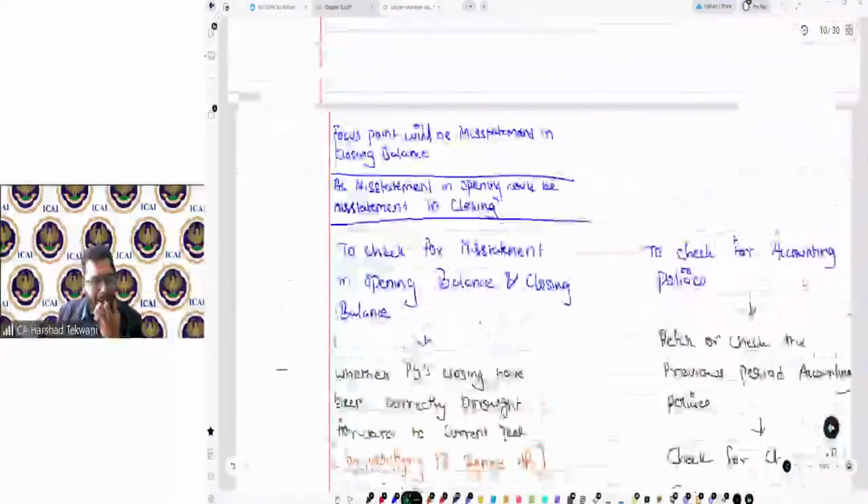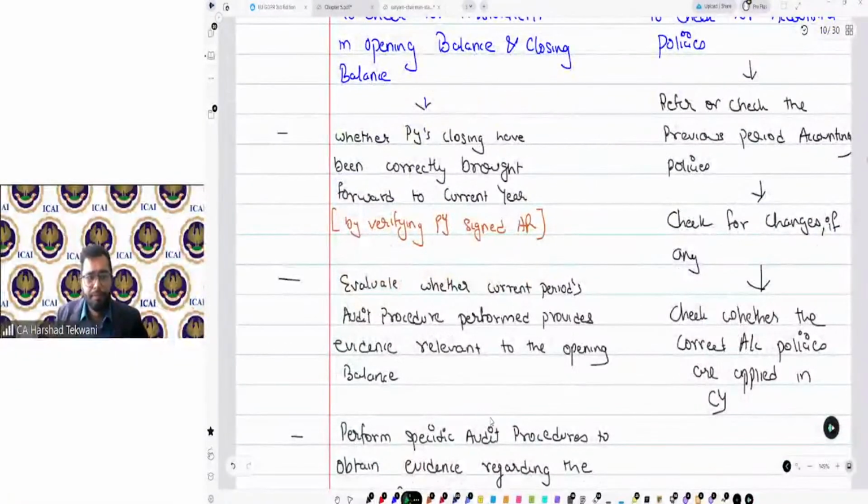So this is how we can go through and check whether the misstatements are present or not. I'll show you one example if I have. Just let me check if I have that example, then I can show you guys.